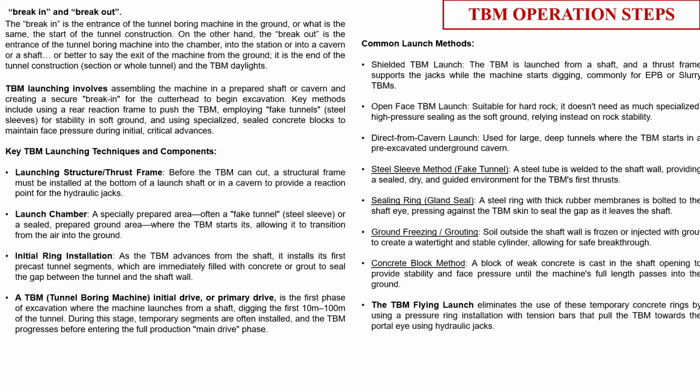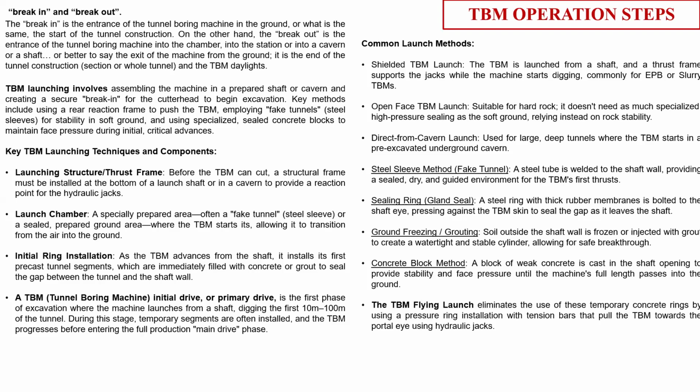The shaft can be prepared by a diaphragm wall, by a soldier pile, or by a contiguous bored pile or secant pile wall. In Kolkata Metro, we prepared the launching shaft by diaphragm wall because the ground was so soft. If I go with a secant pile or a contiguous bored pile, the wall itself will deflect so much that all the structures lying above the ground might get heavily settled. So we went with a diaphragm wall. We even encountered water seepage also. So to make it a very water-tight structure in Calcutta Metro, we prepared a very deep, very long diaphragm wall